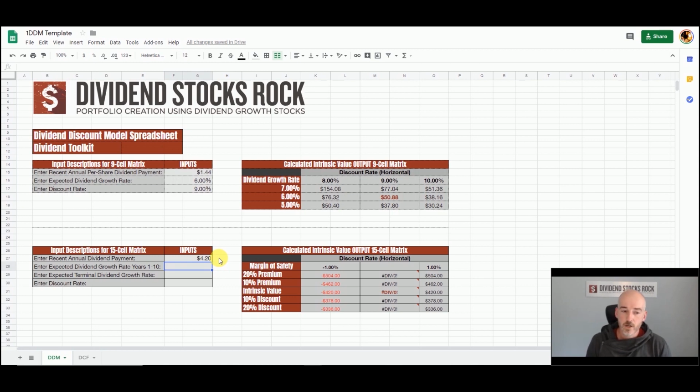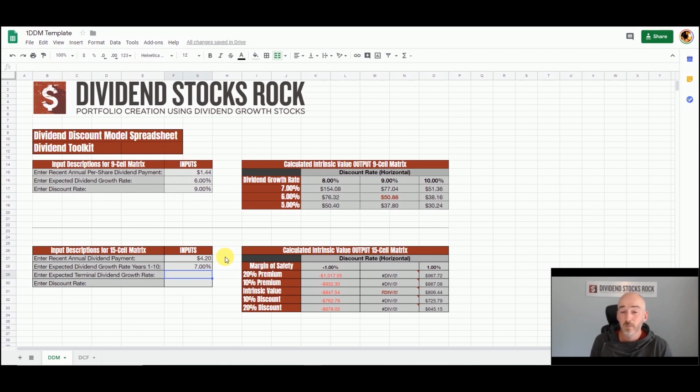Now comes the hard part. You need to determine what is the expected dividend growth rate. I've picked RBC because it's an easy one. The stock over the past 10 years has increased its dividend by 7.7%. Over the past 5 years, we're at 6.96%. And last year alone, they did 2 dividend increases in the past 12 months. We're talking about 7.14%. Basically, what I can do here is to put 7% for the first one,